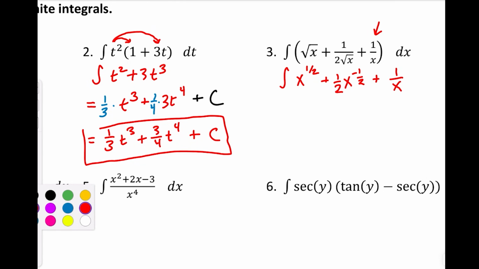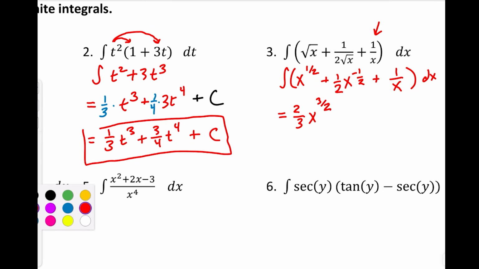You can write it as x to the negative 1, but keep in mind this is kind of a special case here where we're not going to be able to use the anti-power rule, which is fine. We're just going to have to remember that the integral of 1 over x is the natural log of the absolute value of x. It's something we talked about in the notes. So now I'm going to use the power rule at least on these first two, and I'll get x to the 3/2 times the reciprocal of 3/2, which is 2/3,